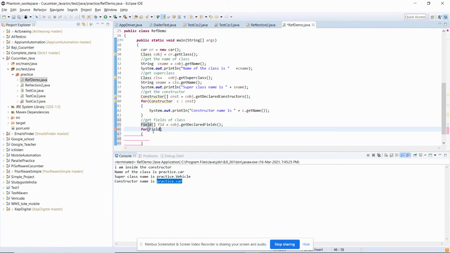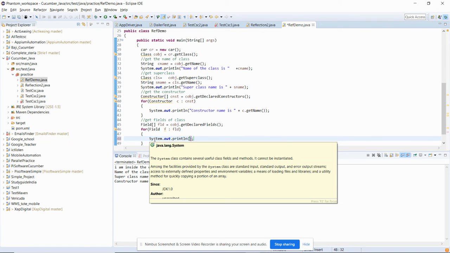So it's very easy. We just need to create the object of the class, and then we can fetch all the values like their constructor, class name, superclass name, and fields. These are the basic things that we can fetch at runtime of a class.